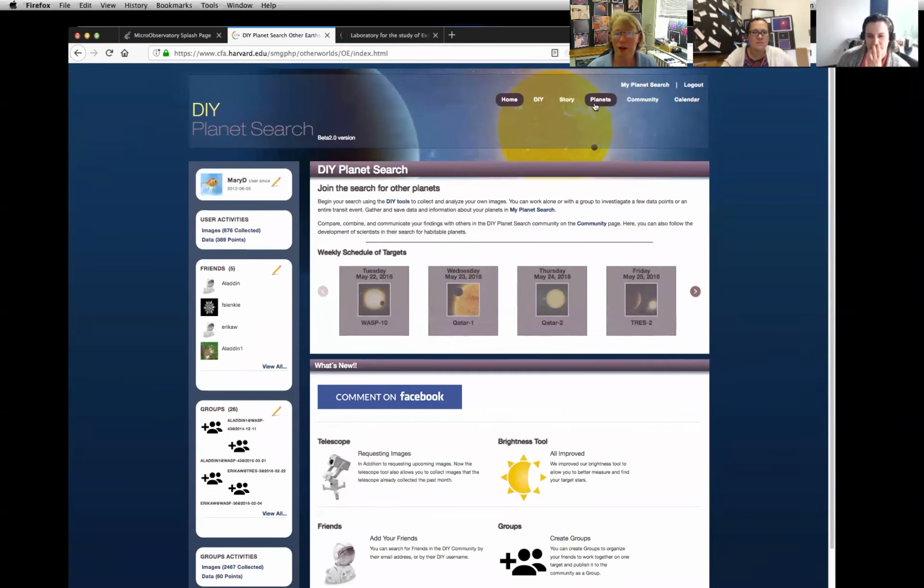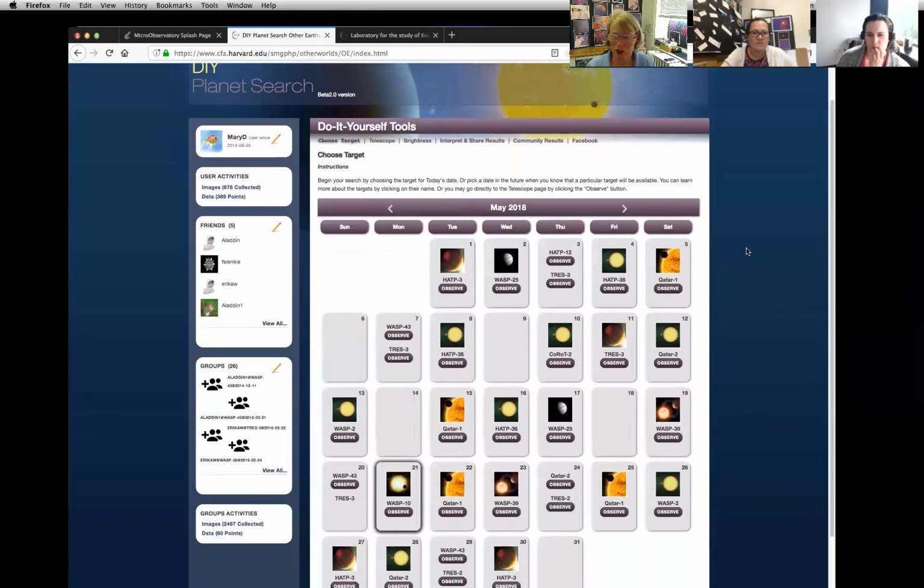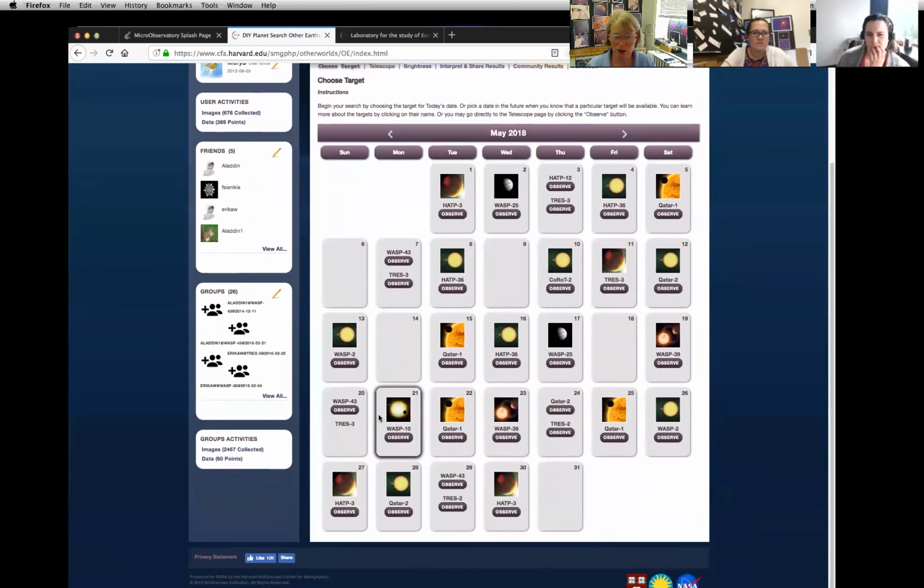Here, DIY Planet Search has a calendar online, and you can see that this is the 21st. Just like in ExoLab, because it's using the same telescope, Cecilia out there in Arizona, the data that you can take tonight is WASP-10. So if I click Observe,